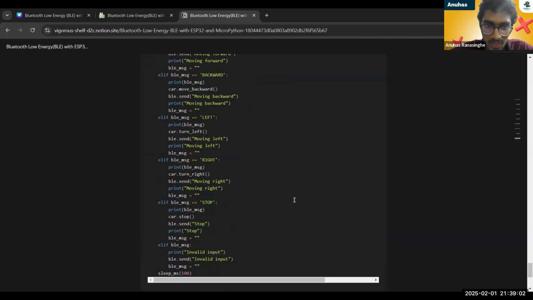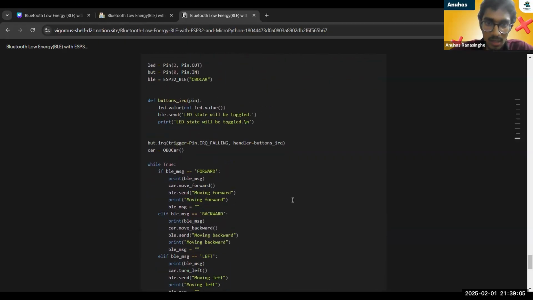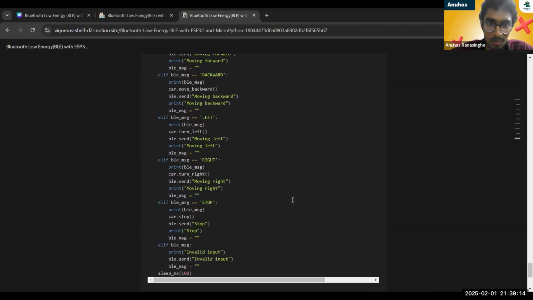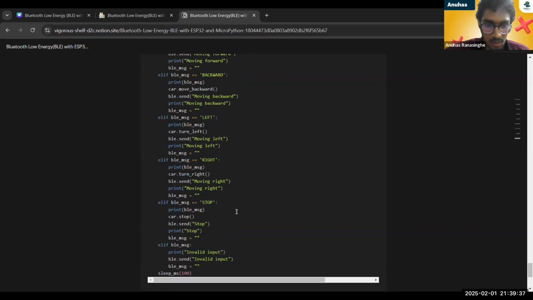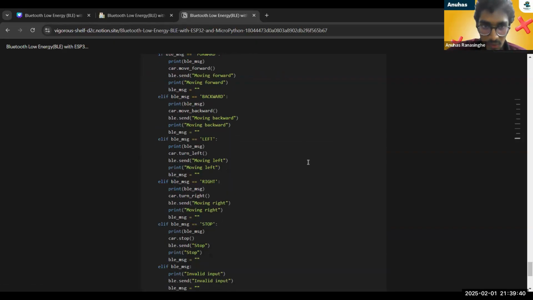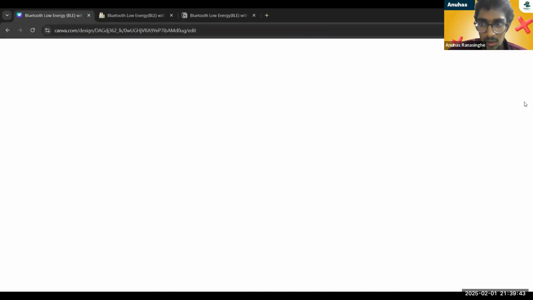When I ran this code while connected to the computer, it worked perfectly. But when we run it without the connection, on its own power, it loses its connection within a few seconds. So that's the issue I'm facing right now. I am trying to find a solution for that as well. And after that, we can control our robot using that completely. And as for the presentation,